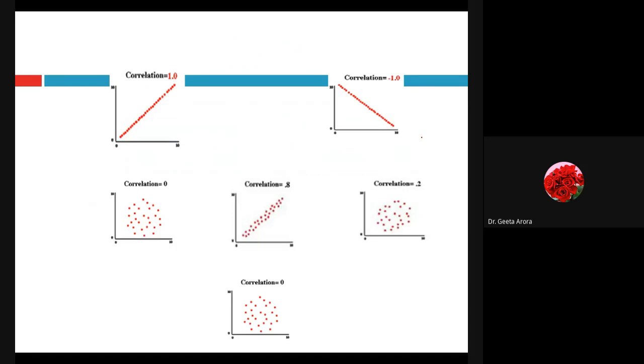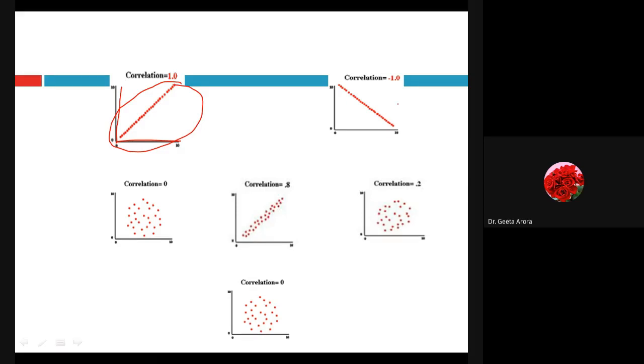And here we have shown with the help of some diagrams, and you will see that this is a method of showing the correlation known as a scatter diagram. So what is being interpreted here: if correlation is 1, we have perfect positive correlation. Perfect positive correlation means if x is increasing on the x-axis, then the same effect is there on the y-axis. So you can see there is an increasing straight line.